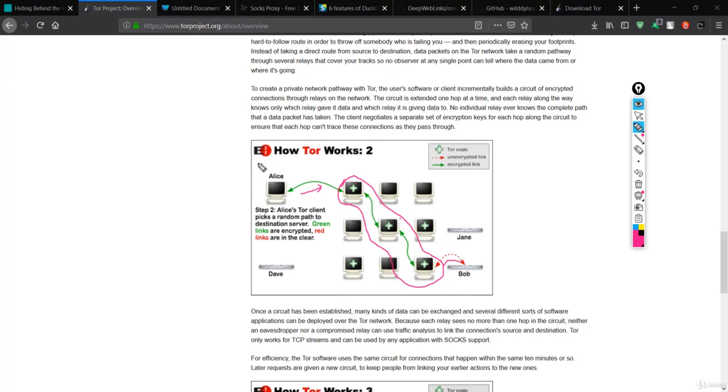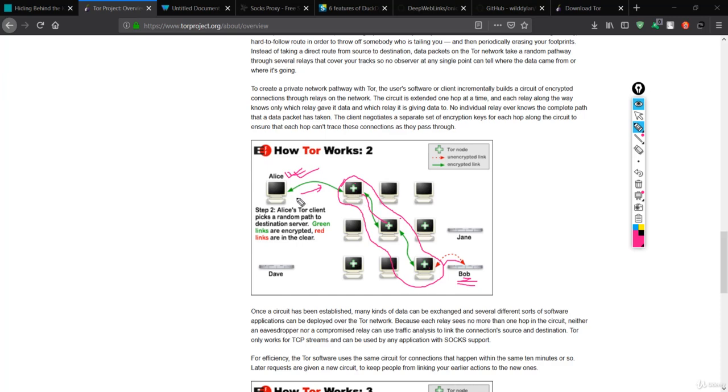You can clearly see the request is sent from Alice, but when it reaches Bob, it will think that it is from this Tor node, not from Alice. It was so encrypted that Bob has no idea which of these nodes has sent these messages.